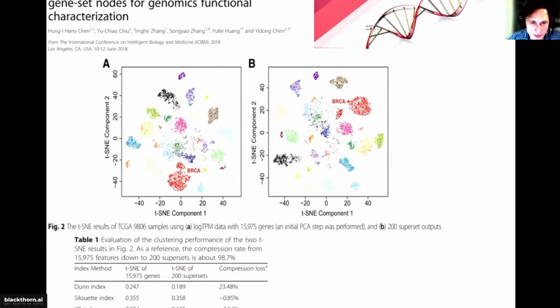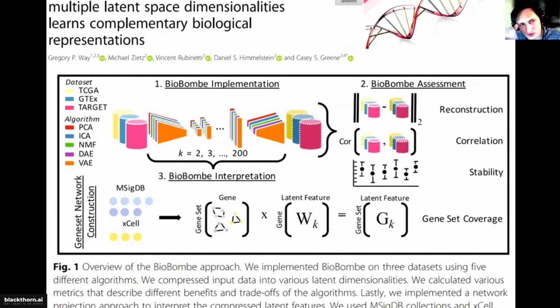So probably it's a good method for dimensionality reduction, because when you have 20,000 genes, it's quite a tricky thing to work with them and to understand them. And another good approach is neural networks. You can compress your data into latent space, and then you can work with latent space and gene sets and try to extract some data from there. Basically, you can do this also with pathways.